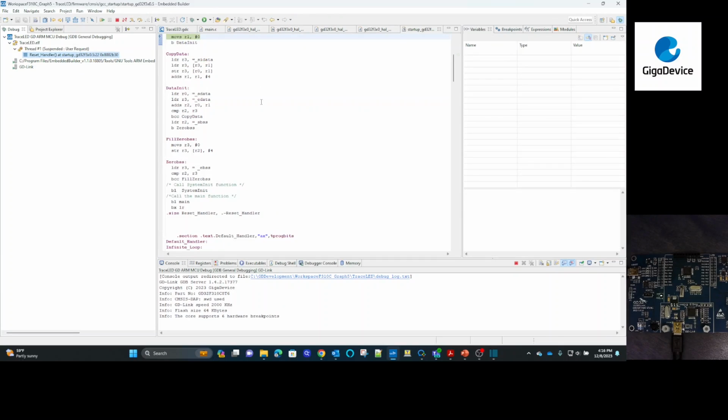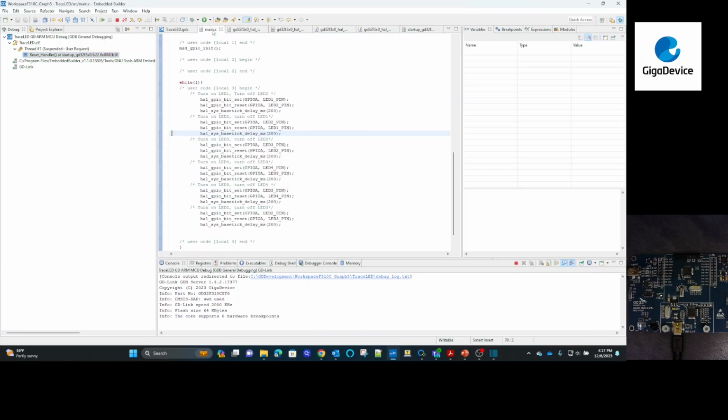So again, when it starts to debug it, it goes into the reset handler. We're going to select the main.c program, and we're going to